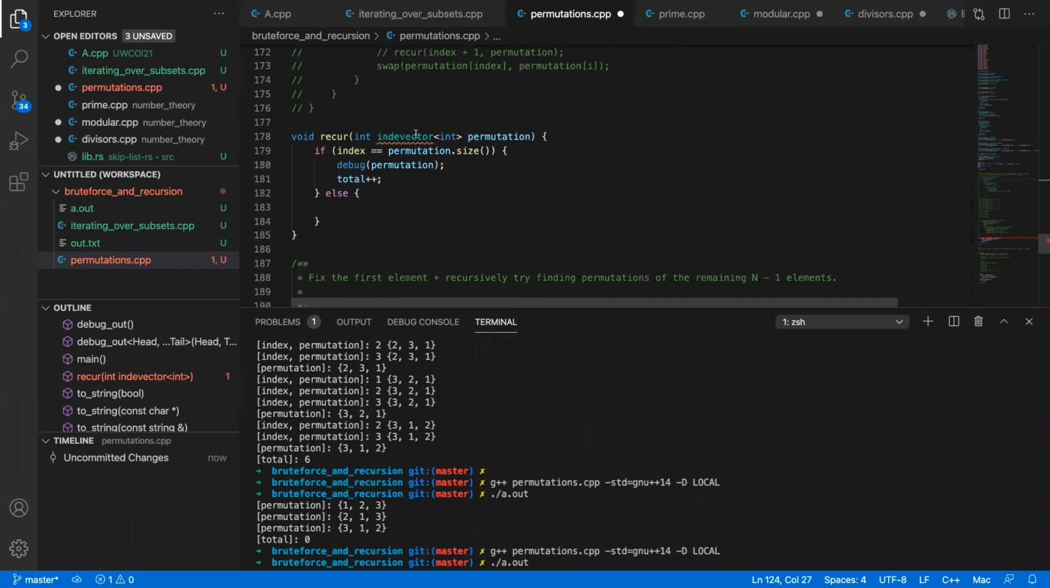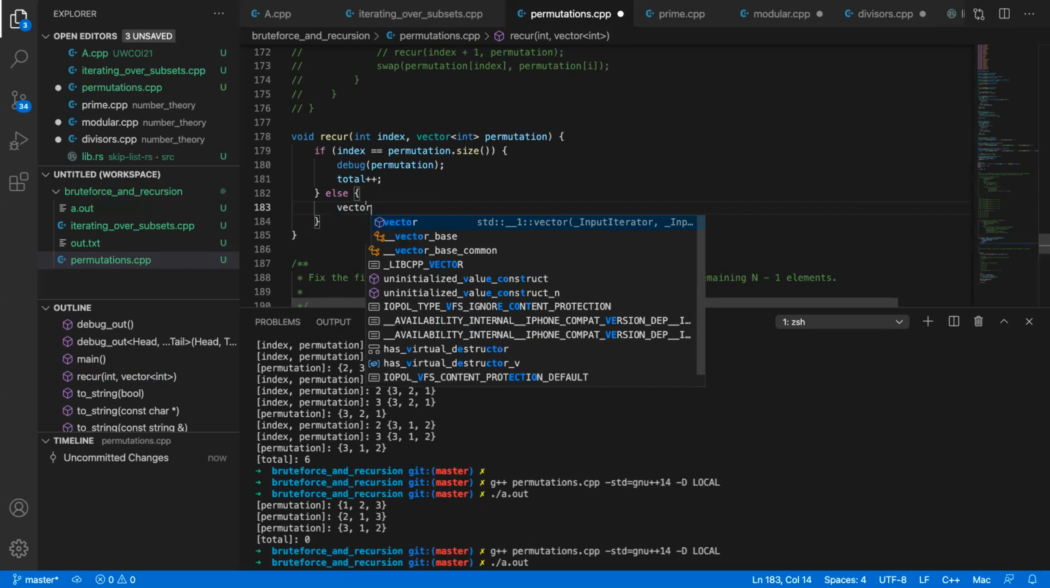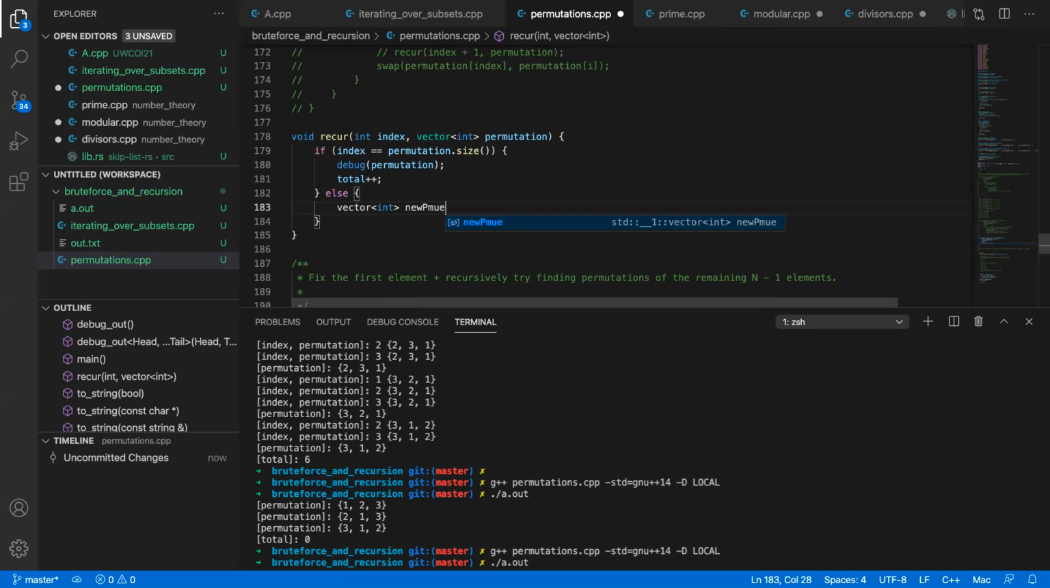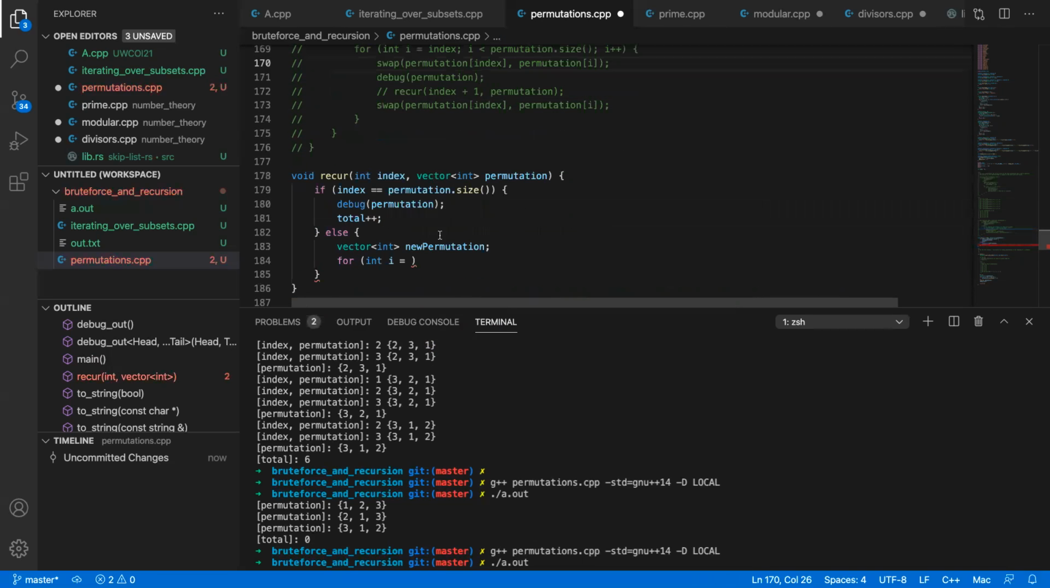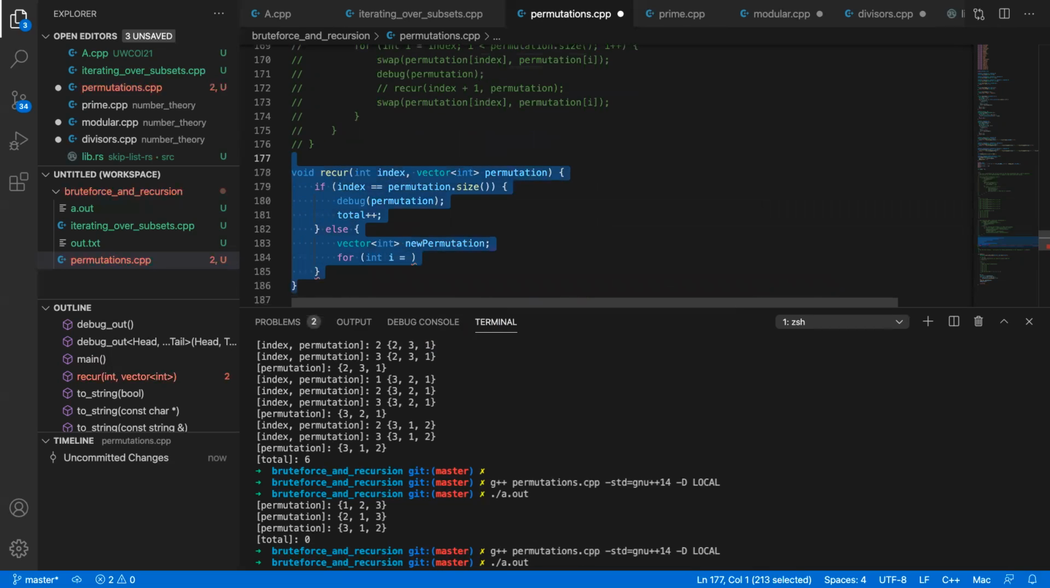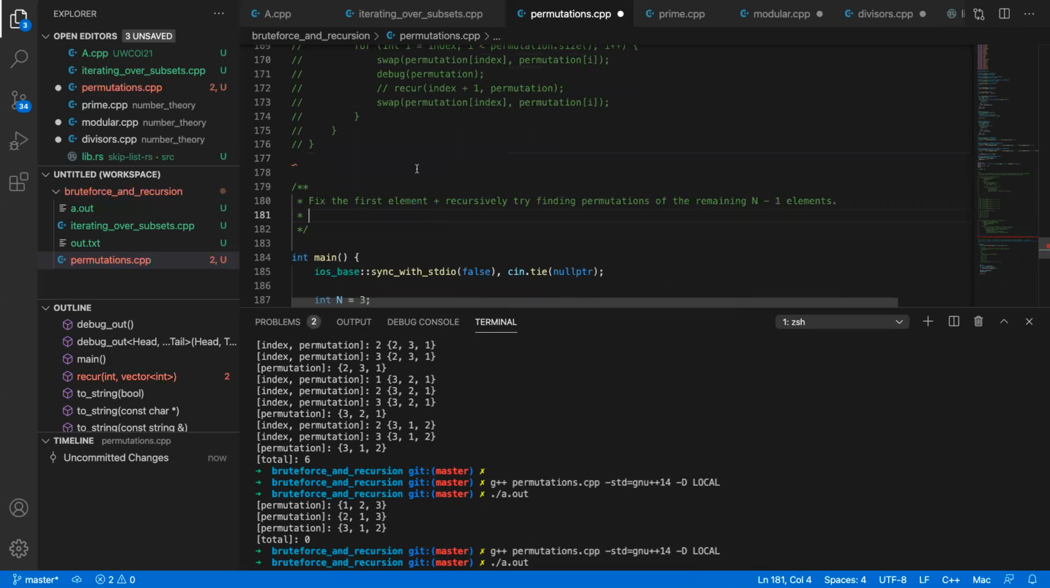Maybe let's try this. Int index, comma vector int permutation. So this, then I have to decide the first element. So let's call it vector int new permutation. And then I will go from, essentially it becomes very much the same as the previous program. It becomes exactly this program if I implement this again. But essentially the idea is,